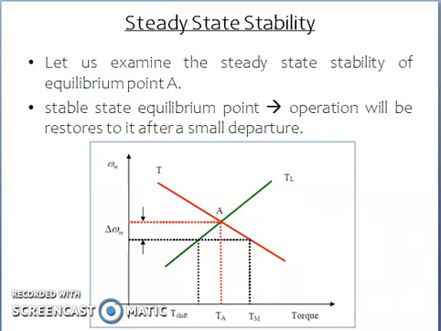Similarly, say there is an increase of speed with delta omega m, which is caused by a disturbance. It will make load torque greater than the motor torque, which results in deceleration and restoration of operation to equilibrium point A. Hence, the drive is steady state stable at point A.